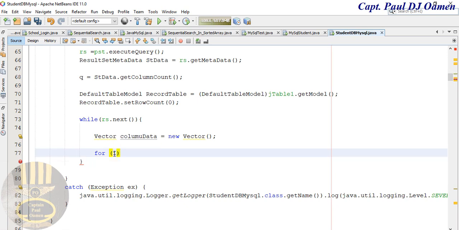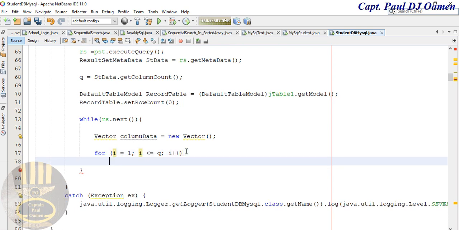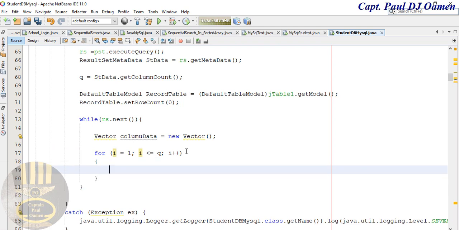For I equals 1, comma I less than or equal to q, I plus plus. Alright, so once we've done that, let's open another curly braces,